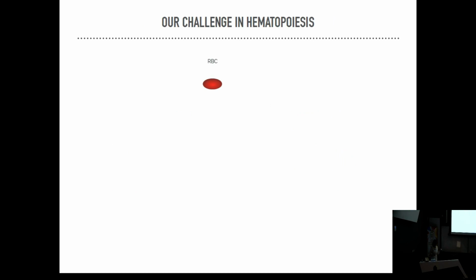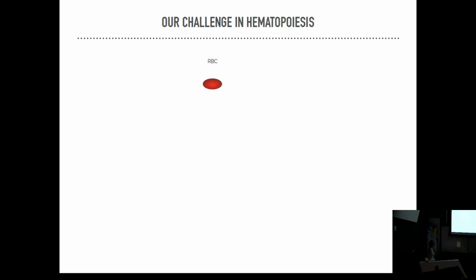And here comes my challenge. Our lab is focused on the production of blood cells from iPS cells, and we are particularly focusing on red blood cells, which are erythrocytes. Those are extremely differentiated cells which lose their nuclei and express massive amounts of globin, because their goal is to transport the oxygen and remove the carbon dioxide from your blood.